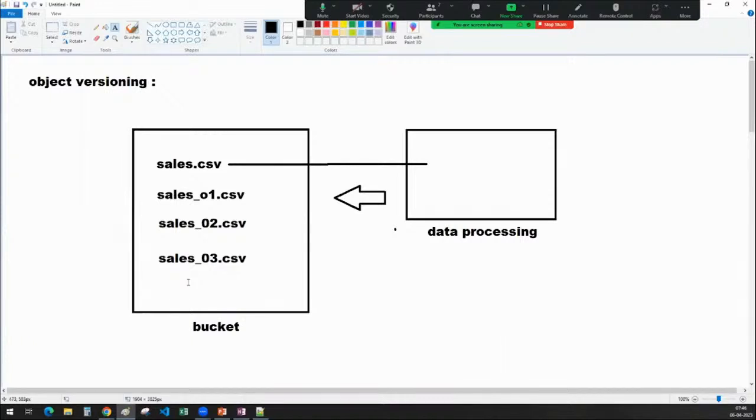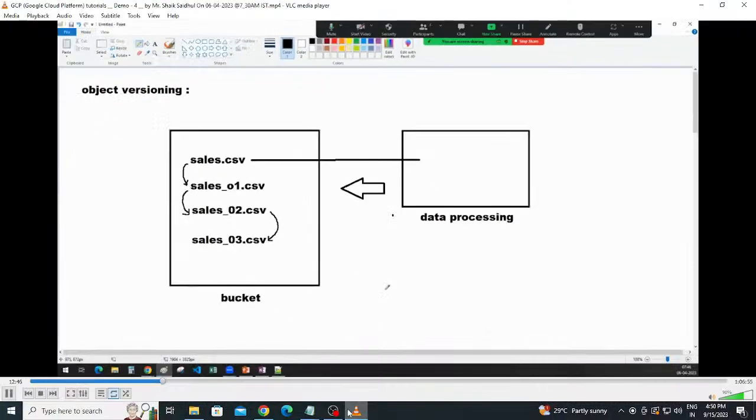Modified files. So this is the original file, and from this one, this is a modified file, and from this one, this is one more modified file. This was original and this is modified. This is original and this is modified. So this is how you will be able to create object versioning. But if you don't